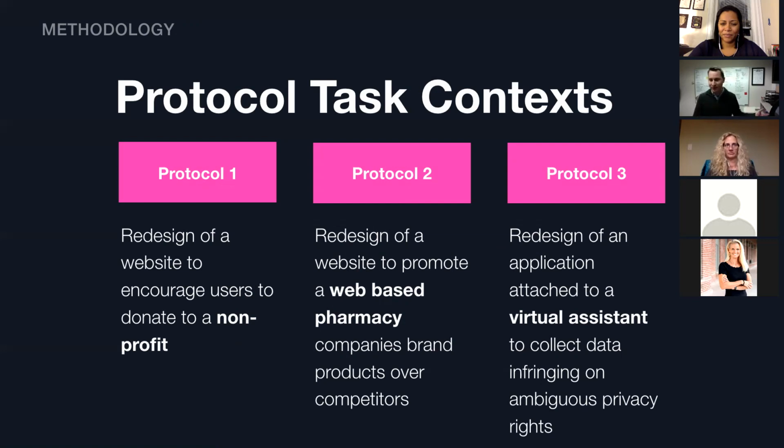So we did that first one. We found out some really cool stuff. We dug into the data, did quite a bit of analysis. And based on that, we did protocol number two. Protocol number two was, well, they'll do bad and evil things if they're doing it for a good cause, but if they're doing it for a nameless, faceless corporation, would they be so keen to do unethical things? In fact, yes, they are. They're more than happy to do unethical things for a web-based pharmacy as well.